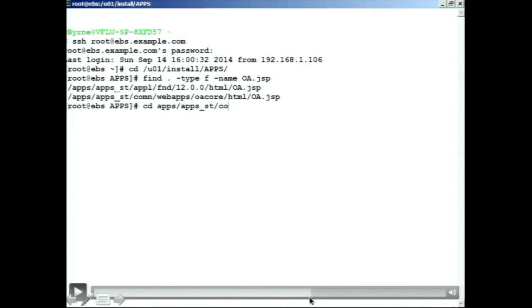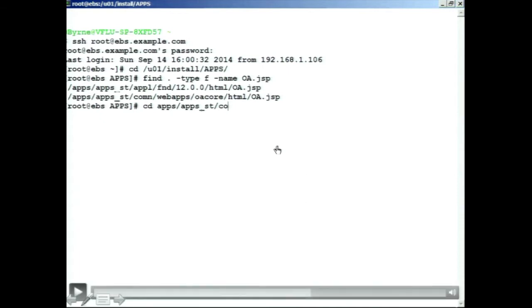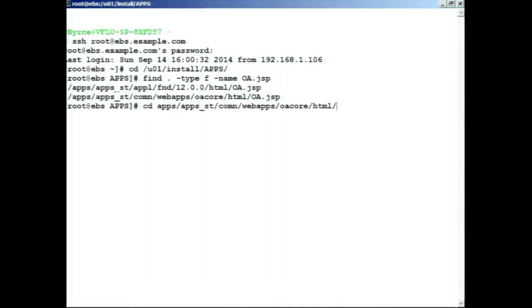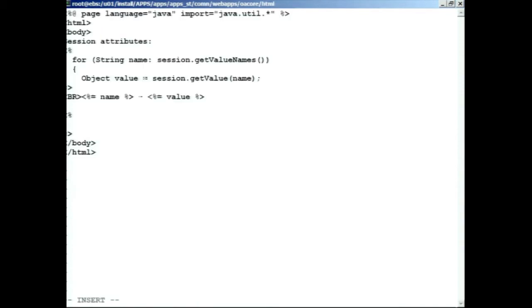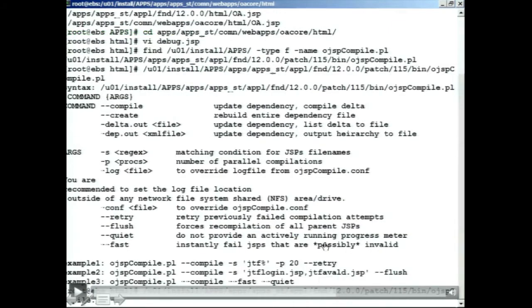We don't really know what's in the session, though. And this is another thing that can be very useful when you're doing reverse engineering techniques, when you have a virtual machine running. I can go onto the virtual machine, where the JSPs are stored, and create new content, basically. So I'm going to create a quick debug file that will basically just iterate through all of the